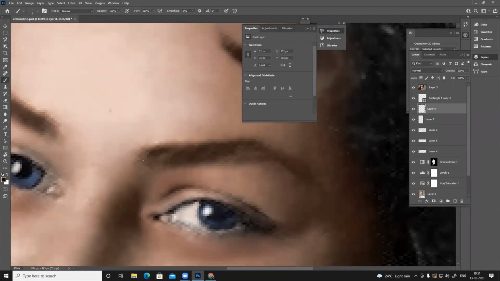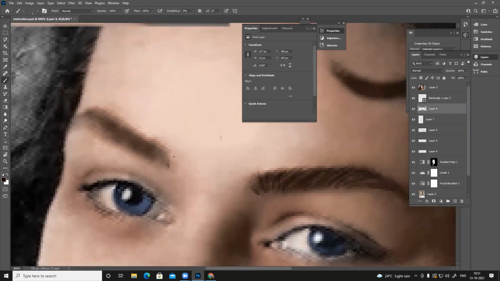And this eyebrow, I'll paint it, following the direction of hair flow.